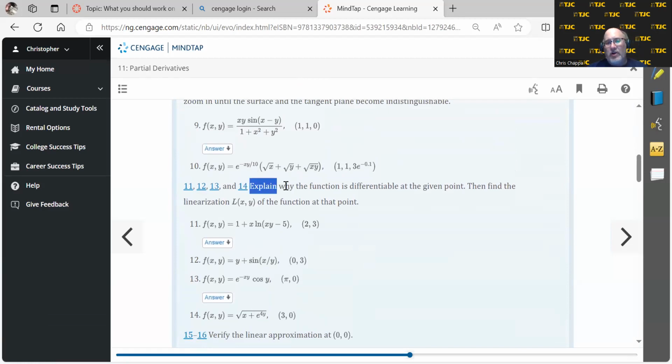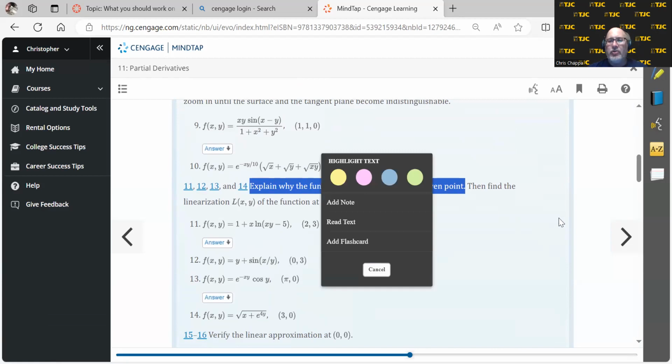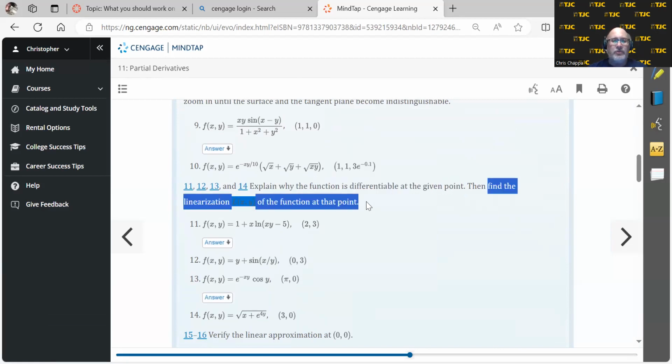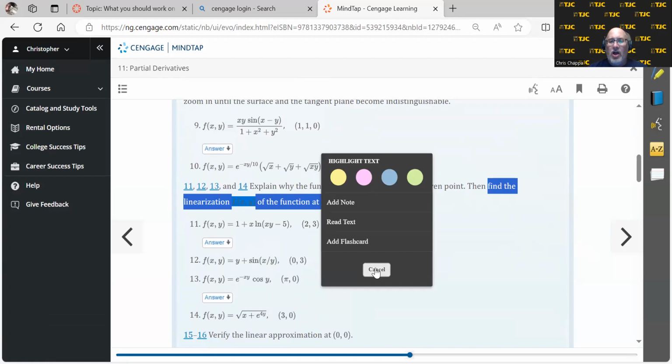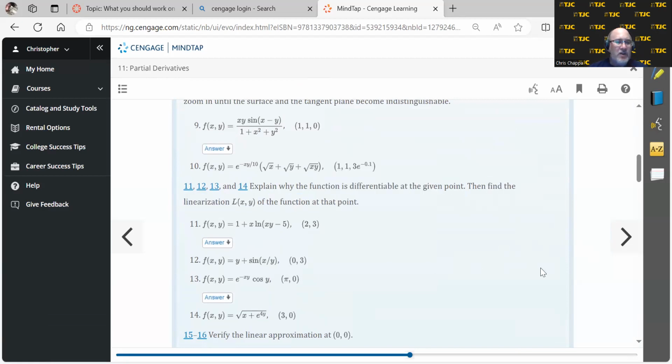This actually has two parts, the first of which is explain why the function is differentiable at a given point. We did not go into detail on that. The only thing I wanted you to do on this one was the second part, which was define the linearization of the function. So if your concern was explaining why it's differentiable, for now, don't worry about that. Let's just find the linearization, which means we need to find the equation of the tangent plane,